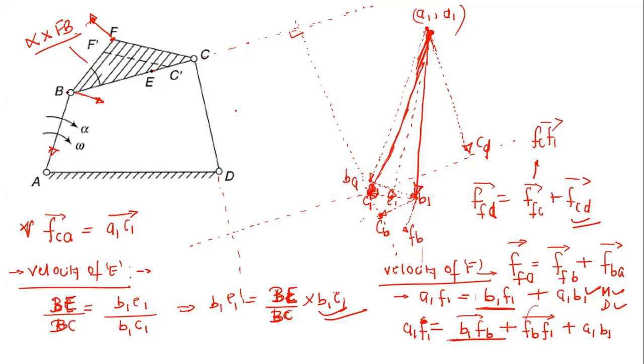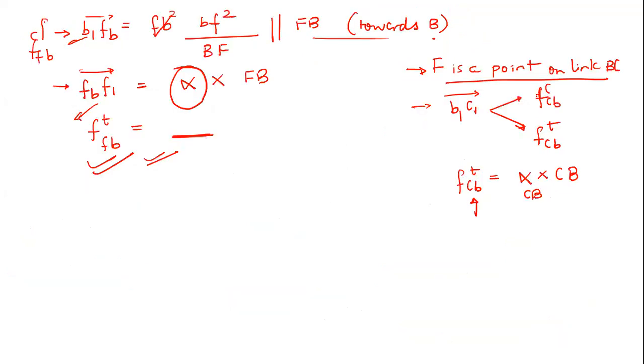Then draw another line that is perpendicular to this FB. This is very easy, because we know the magnitude. So now this is your FB F1, right here, and just join this. This will be your B1 F1 vector. Since you are interested in finding the acceleration of F relative to A, just join this point A1 with F1. So now A1 F1 is basically the acceleration which you need, correct?